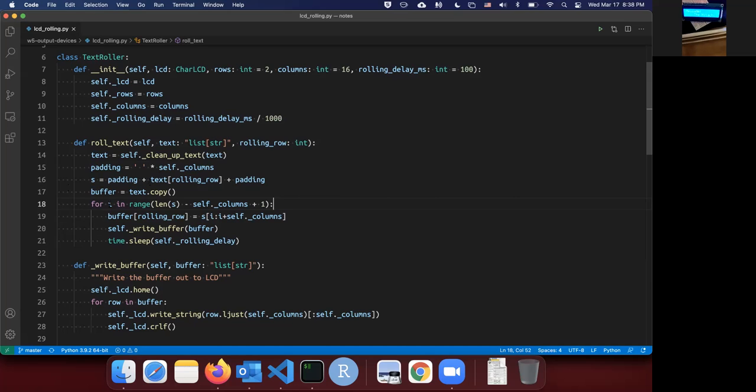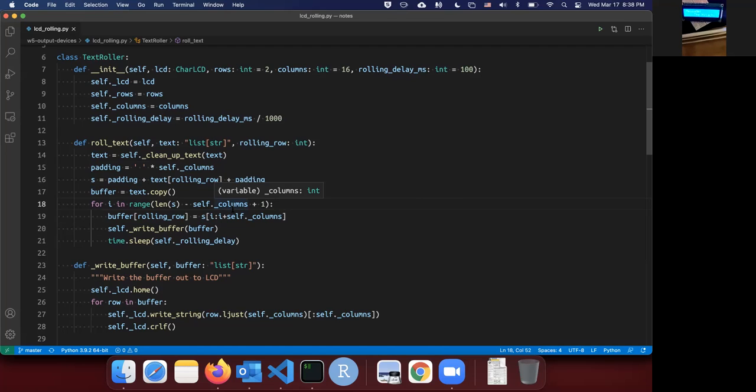So that means how many times do we actually slide that LCD on the string, a character at a time? This turns out to be the length of the string minus the number of columns, right? Because the size of the LCD slider is the number of columns. So we use the length of the string minus the length of the LCD, and then we get the number of characters remaining. That's how many iterations we're going to do to show the whole